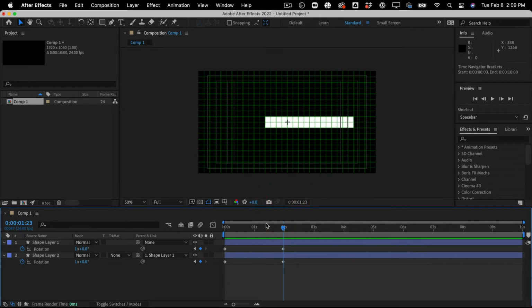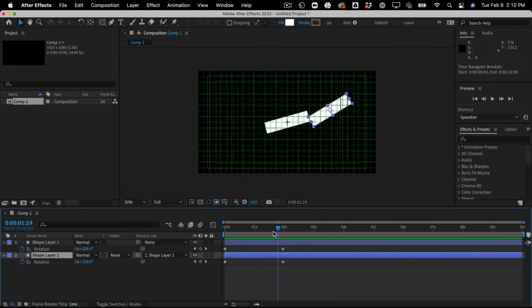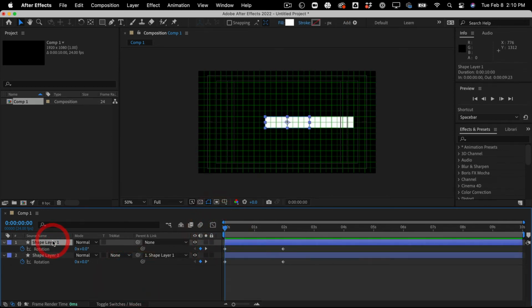All right, so what if in this scenario, I wanted to have this outer one spinning along, but I don't want to see the inside, right? I don't want to see what's driving it. So in a situation like that, what you would need is a null. And all a null is, is an invisible